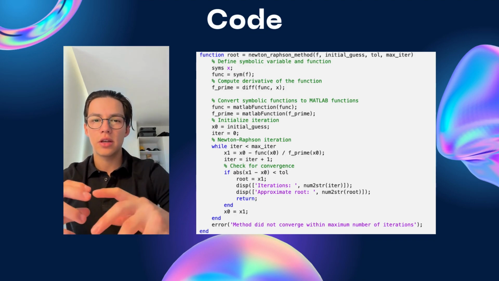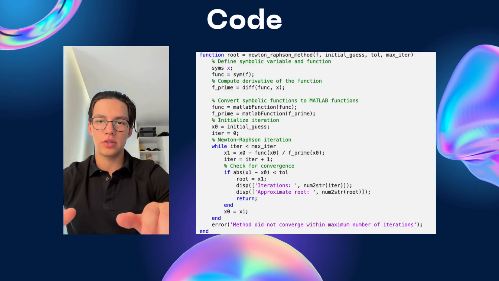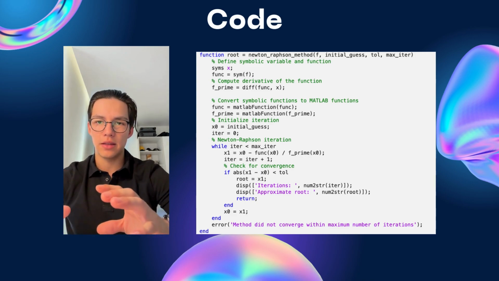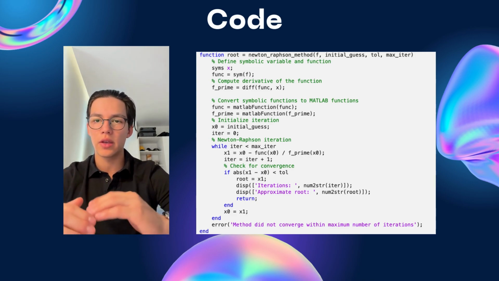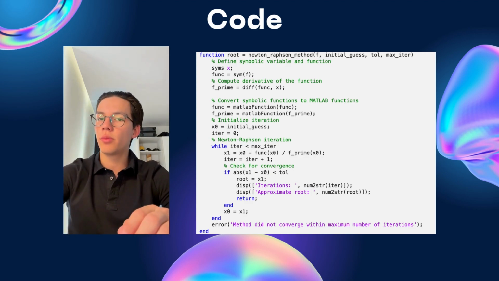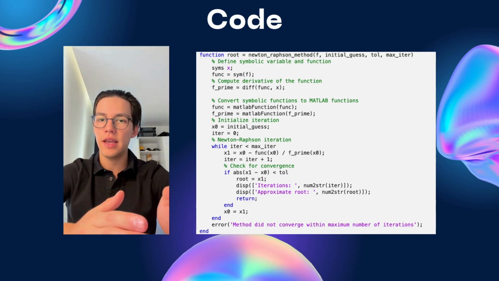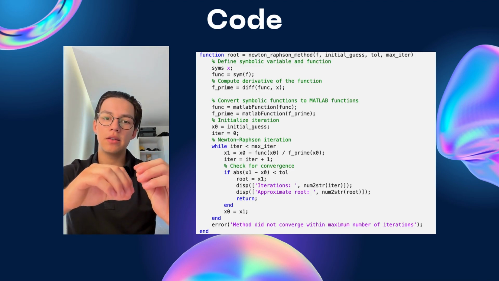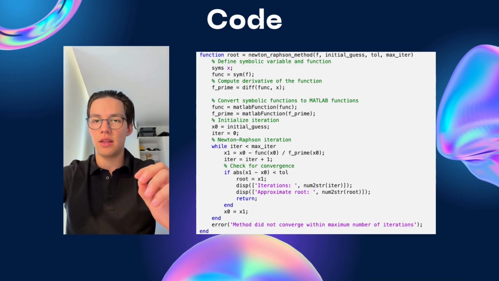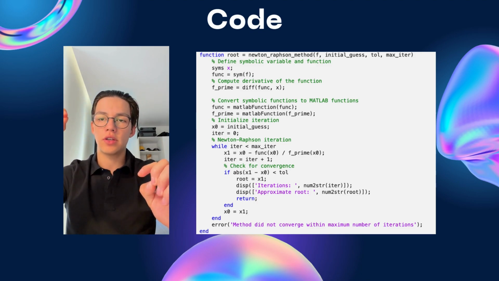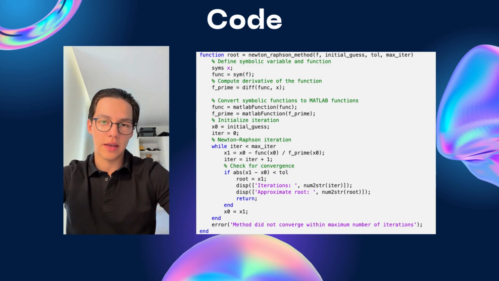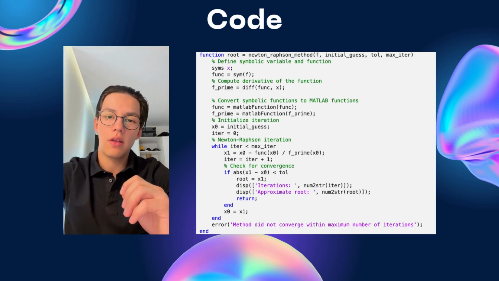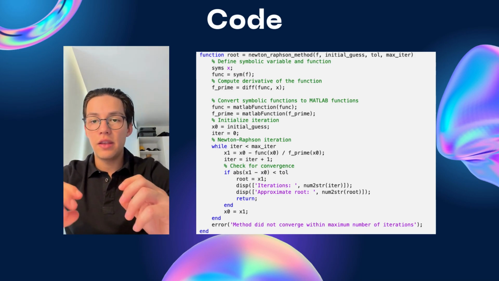So x0 is going to be our initial guess and iterations equals 0. And so it says, while it does not exceed the max limit of iterations, it is going to keep on going and going. And so here is a formula that we talked about in the past slide, where our new x is going to be our initial x minus the function evaluated in x over the derivative evaluated in your initial x. And so it is going to keep on doing that until, as we can see there,